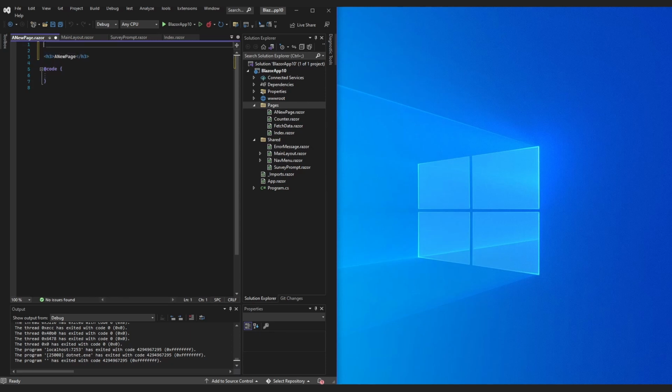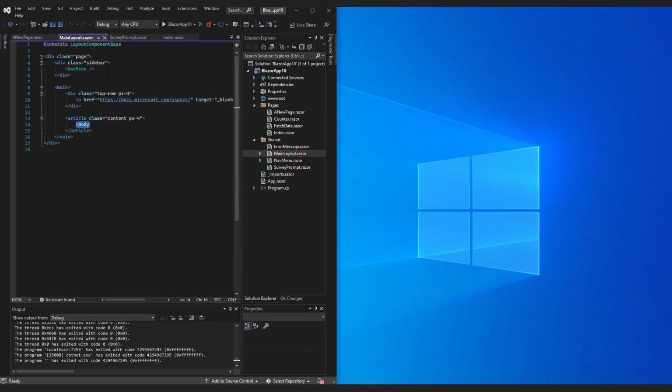The first thing we want to do is add a page directive to specify the address of our new page. We'll call it a new page. We'll add a paragraph tag with some text. And the last thing we need to do is include this page in our navigation menu.